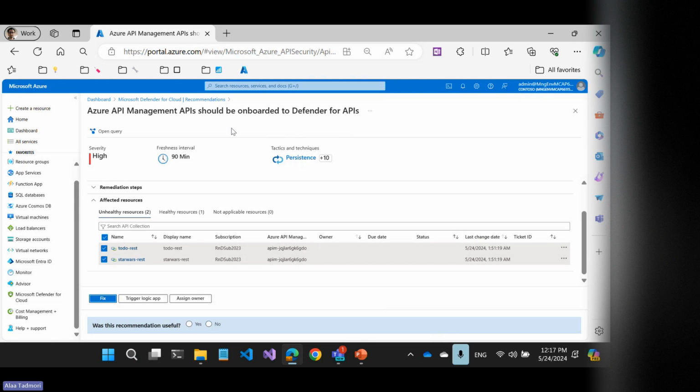Now, this process, I have to say, wasn't as smooth as it should probably be. It took time to enable it at the subscription level. It took time to fix this issue. I went back to my APIs. I know it takes time for them to show up, like you're saying, freshness interval. Even after 90 minutes, I still had to have some patience with it. It wasn't as smooth, unfortunately, as I expected, but